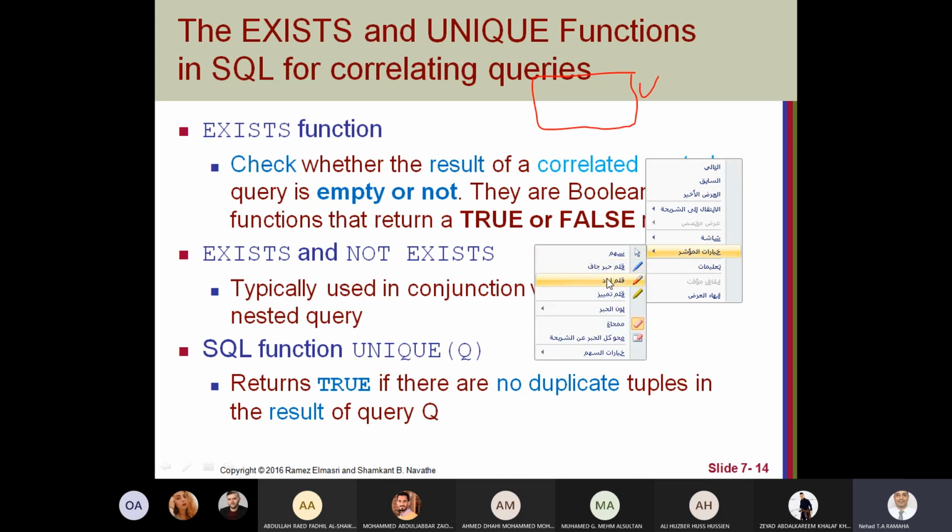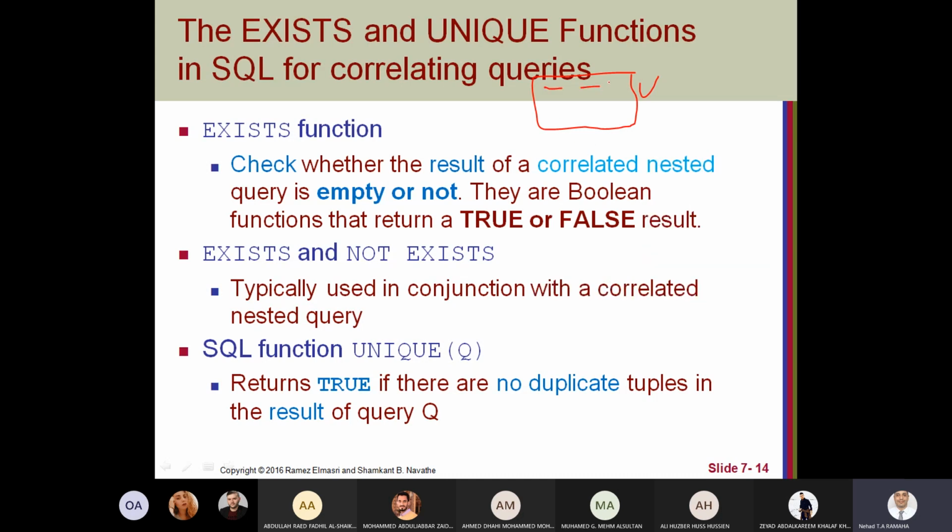Like this, you select some values from some tables where you have an existing value or not existing value returned from the nested query or subquery. First, the SQL compiler will check if the result from this query has a value or not.